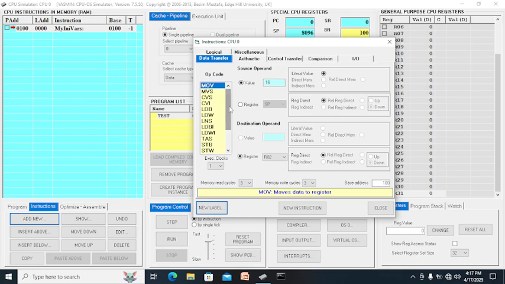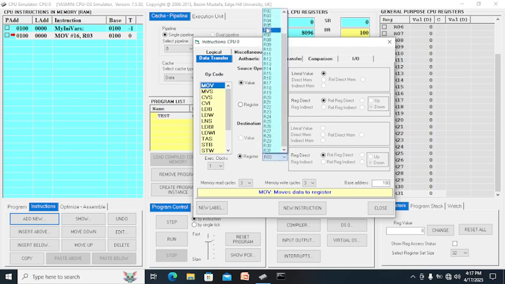Now we're going to assign the value of 16 to R03, so move 16 to R03. After that, move hexadecimal 41, small h41, into R04.